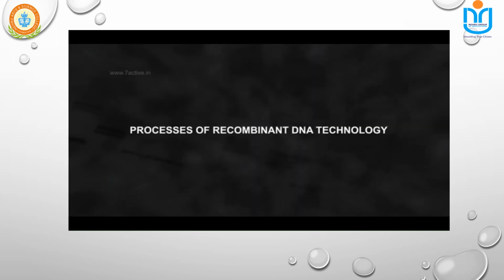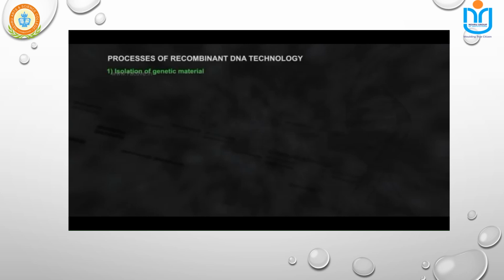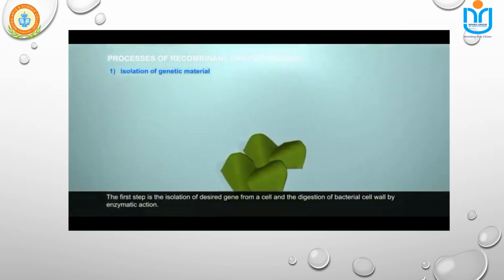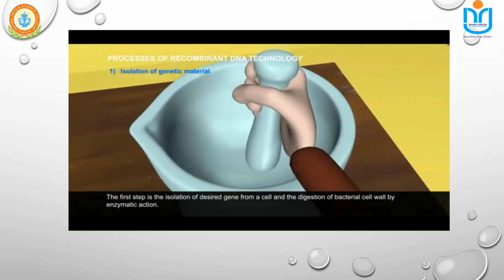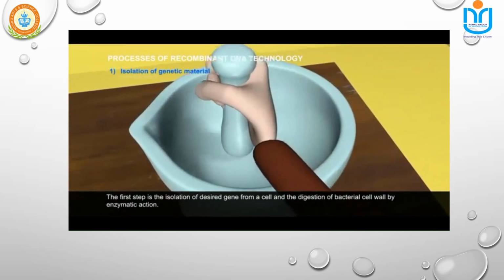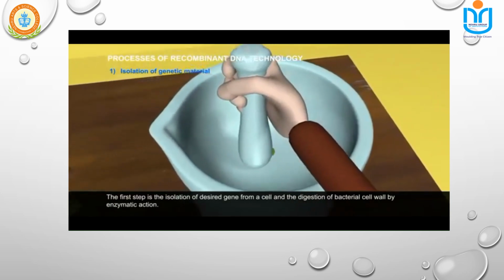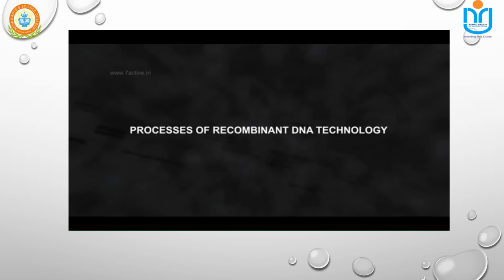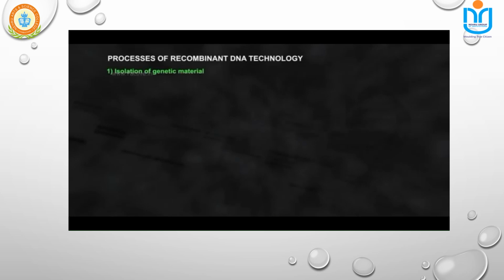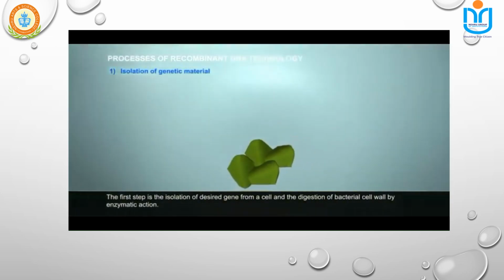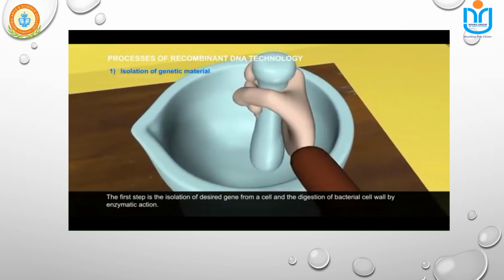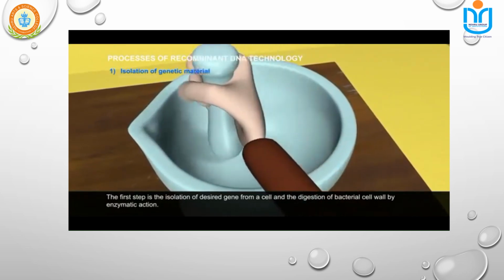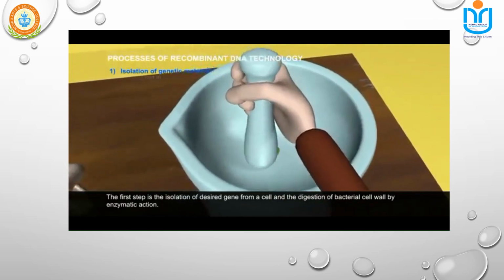Process of recombinant DNA technology. 1. Isolation of genetic material. The first step is the isolation of the desired gene from a cell and the digestion of the bacterial cell wall by